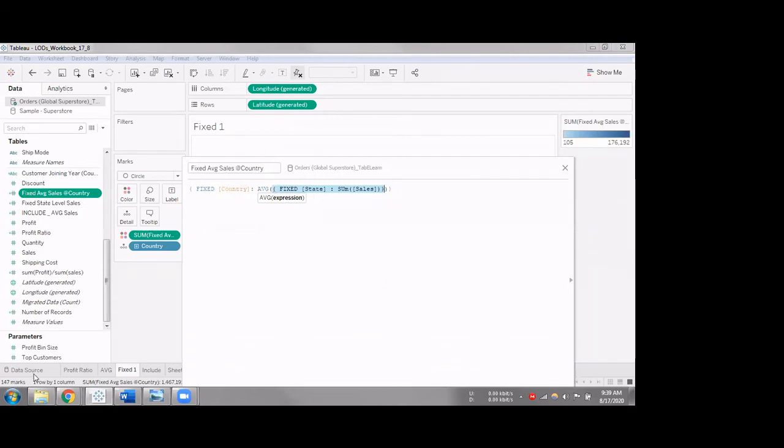Instead of taking it from the data source table, which is at a row ID level, we created another temporary table which is at a state level with the sales in it, and we are taking the average on this. It's very similar to the one we saw earlier where we got simple average sales. We just added a new table and we are taking the average on that. Thereby what it's giving me here is